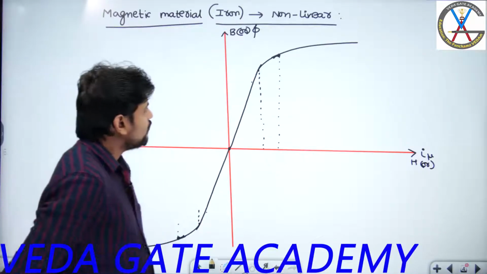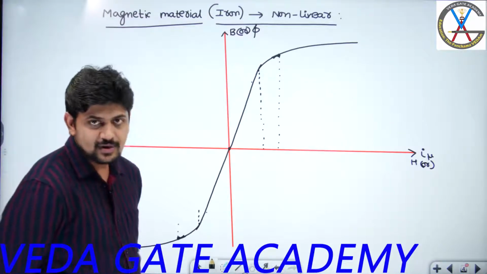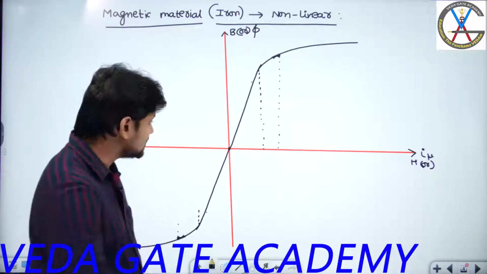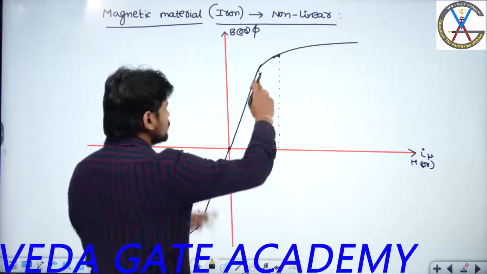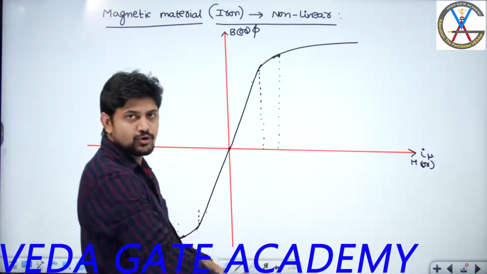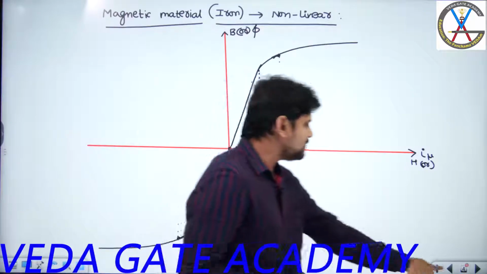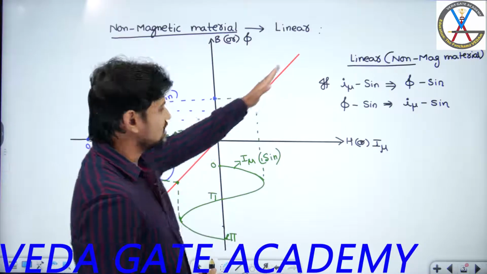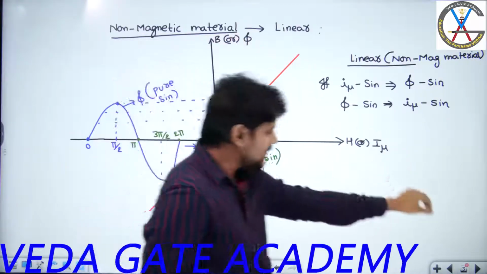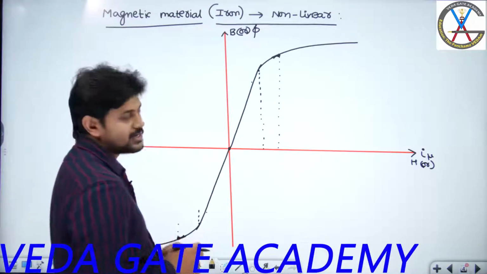Now, why I am drawing this one is, as we know, by seeing this BH characteristic of a nonlinear machine, you are going to get a nonlinear BH characteristic. That means the slope is continuously changing. If you see in this region, you will have one slope, and in this region, you will have a different slope. As the slope in different regions is different, obviously it is nonlinear. Whereas in the previous case, if you observe, the slope is constant everywhere, so we can call it a linear machine. Here, the slope of the BH characteristic is continuously changing, so we can say that it is nonlinear.